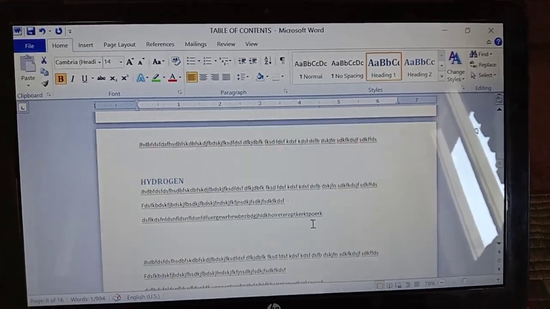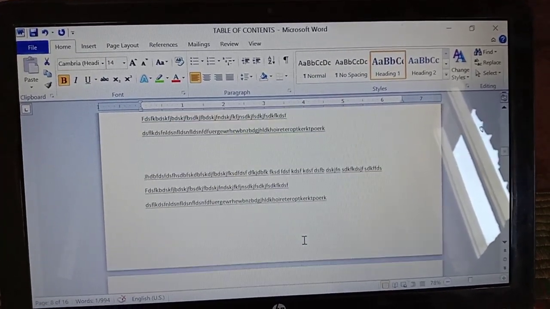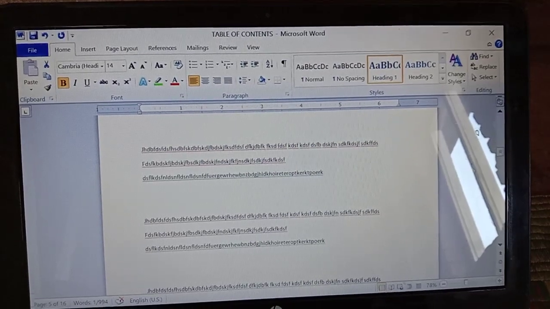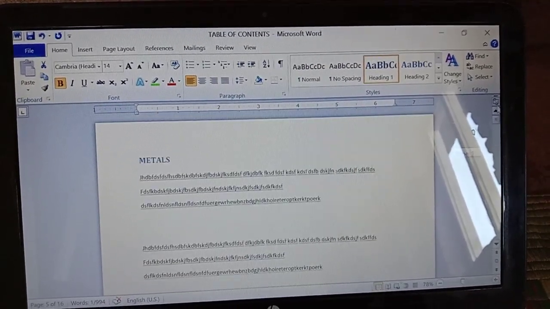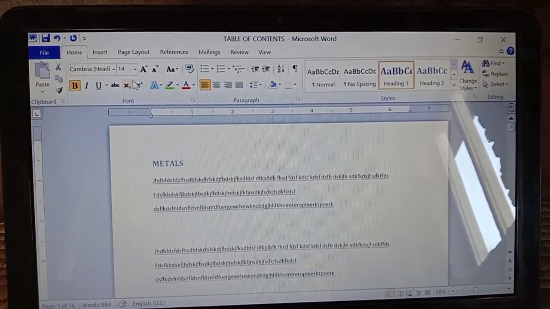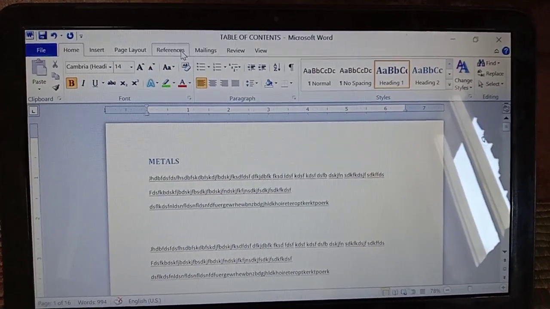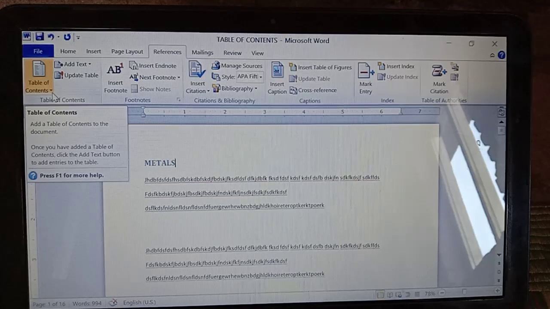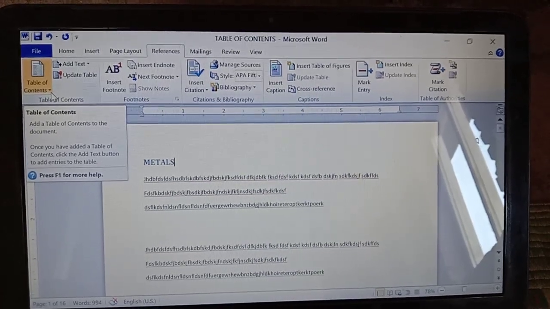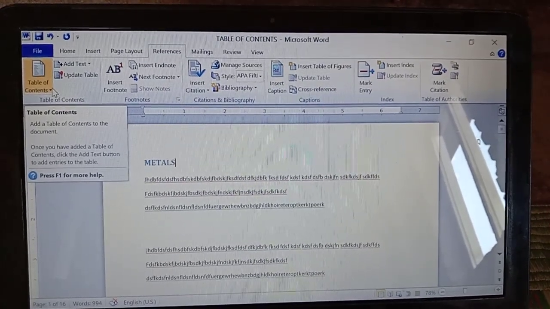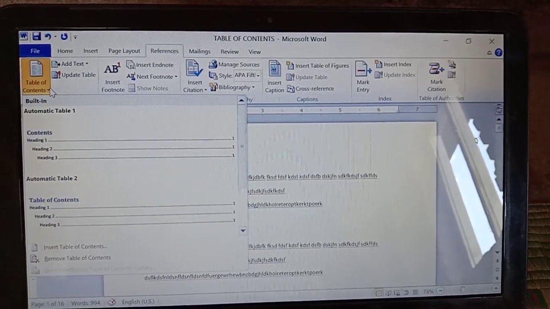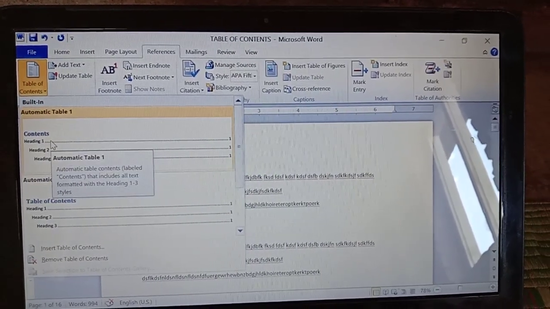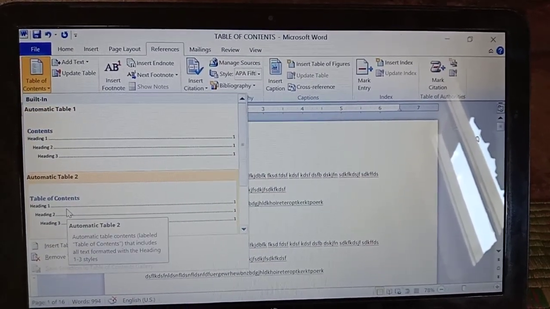Now see here, we have to click on the References tab. After that, in the Table of Contents group, here we have the Automatic Table.